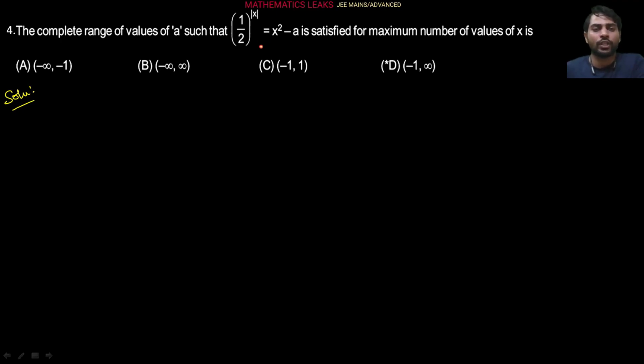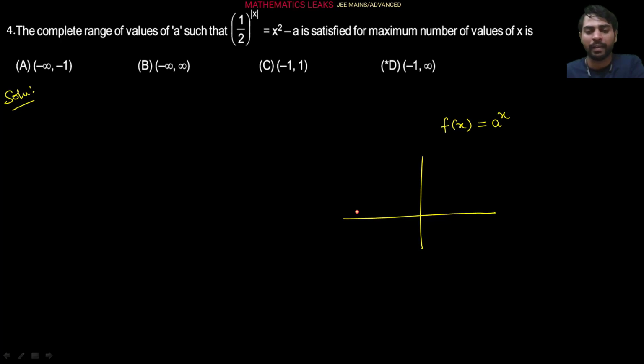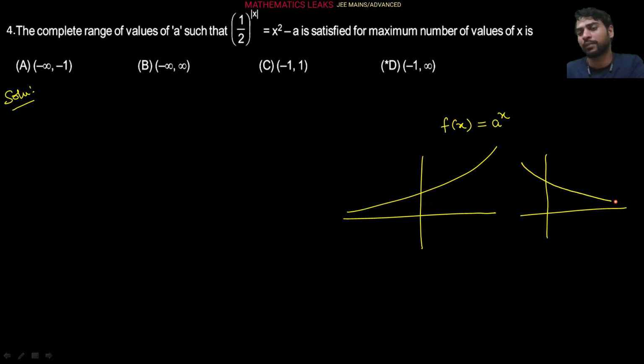Now if you see this equation, on the left side of the equality this is an exponential function. So let's see the graph of an exponential function. Suppose f(x) is equal to a to the power x, any exponential function. The graph of an exponential function can be like this one, and another case of an exponential graph is like this one. This is the point (0, 1), similarly this is also (0, 1). This kind of graph occurs when the base of the exponent is between 1 and infinity, correct? And the graph will be like this when a is between 0 and 1, right?